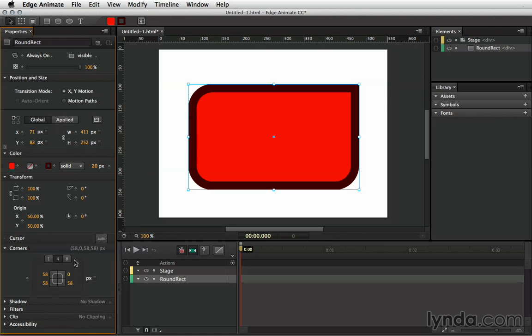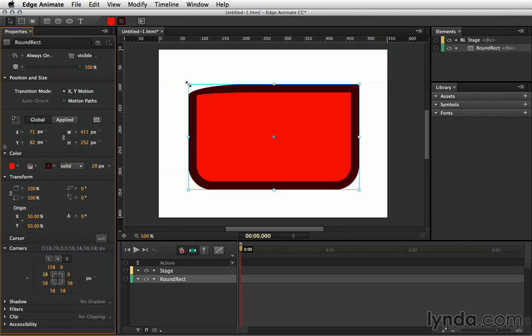To take this even further, we can choose 8 and get the properties for both top and bottom for each one of the individual corners. So under 58 here for the upper left, let's change the top property. Let's bring this up a lot higher, and let's bring the other side much lower. So again, you can see that the corner here is being divided by top and bottom for the upper left